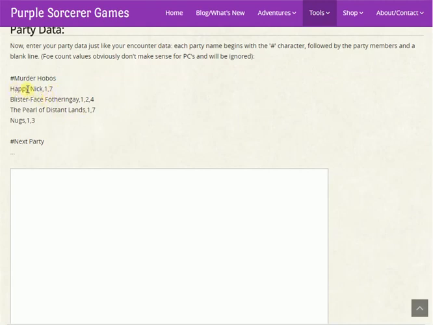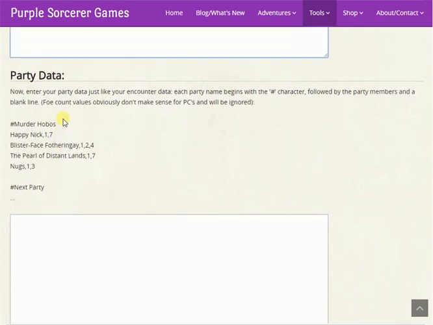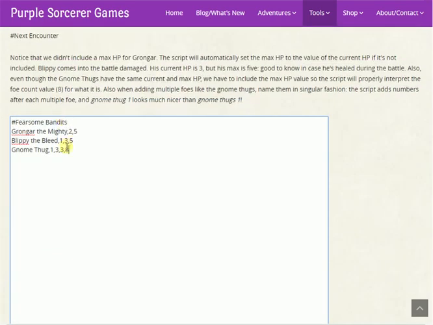So you can just choose to have their name, initiative bonus, hit points, and then max hit points if it's different. And then it will create them for you. Now, if you want to have additional parties, then you need to go and create a blank space and then put like the second encounter,